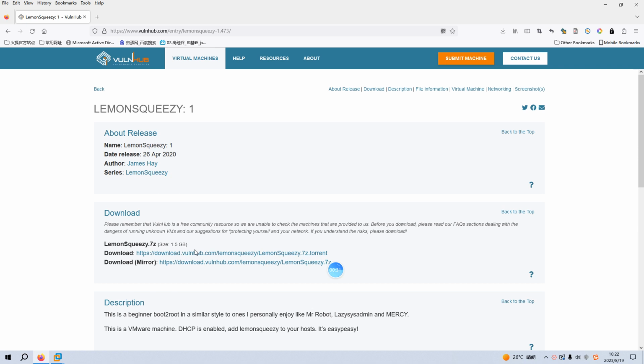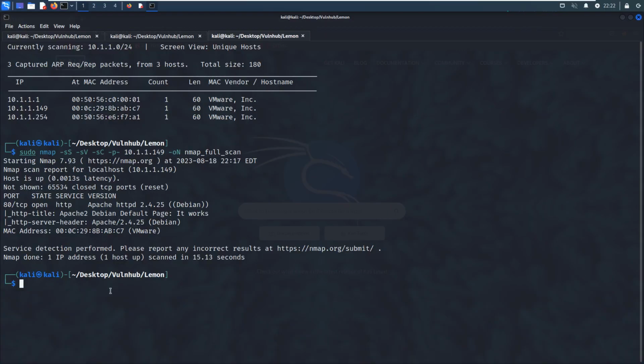So now, without further ado, let's just get started. To save time, I have already imported the virtual machine into the VMware Workstation, just as instructed by the author. This is the VMware machine, and DHCP is enabled. So now we can go inside the Linux virtual machine. As you can see, I have already identified the IP address of the virtual machine as